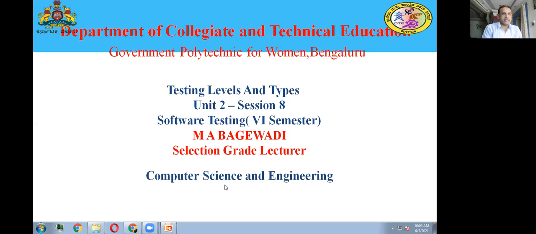So in today's class, we're going to discuss the last three types: maintenance testing, acceptance testing, and documentation testing. These are the last three types of testing. So totally around 18 types you have discussed. In each class you discussed 4, so yesterday 3 and today 3. So 18 types of testing.